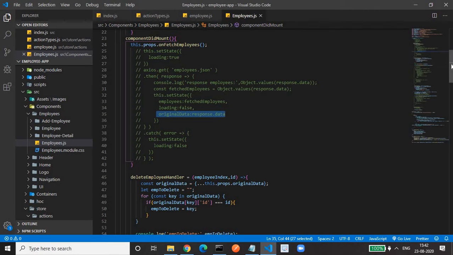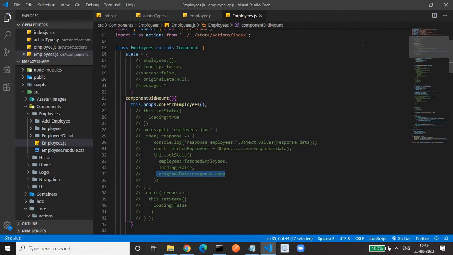Redux concept. So if you see, if I scroll to the top, in the state I am not using state at all. That's why I have removed everything, because employees are being handled by Redux, loading is also handled by Redux, success, original data, message.